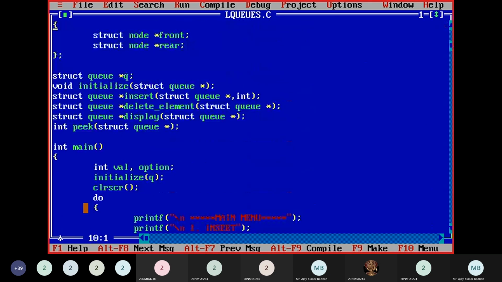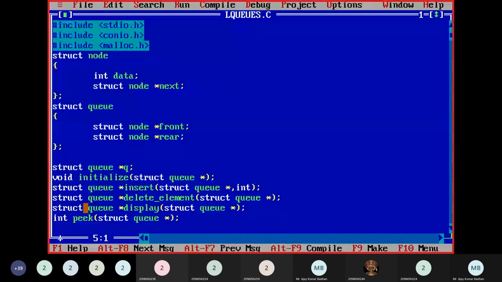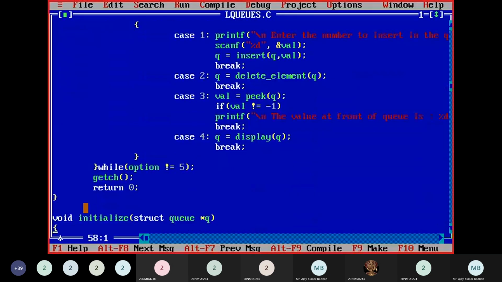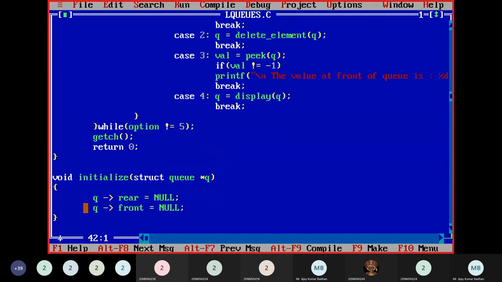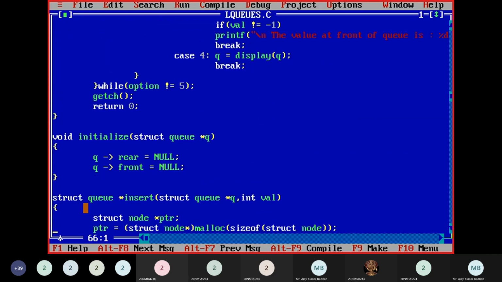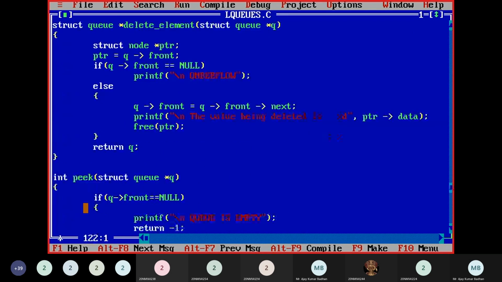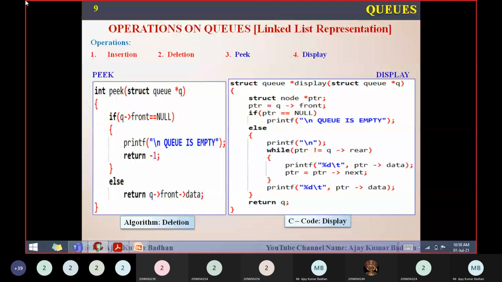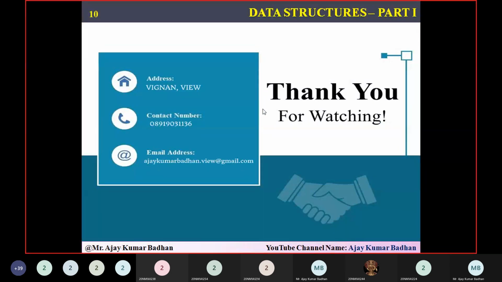I have already explained this, and you can try it at home. Try to write this particular code. It's very, very easy. I've already shown you in the slides. Go through the video one more time and just implement it. The only thing you have to keep focused on is the do while statement, where you give the menu: insert, delete, peek, display and so on. This is what you have to keep in mind. The remaining process is the same. I hope you have understood this particular concept. This is what we have with respect to the operations we can perform on this linked list queue.